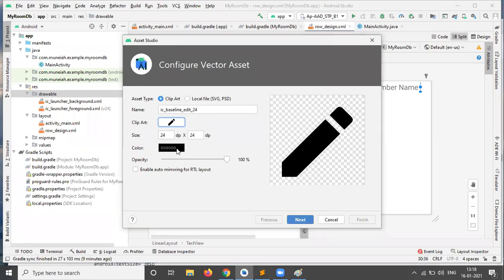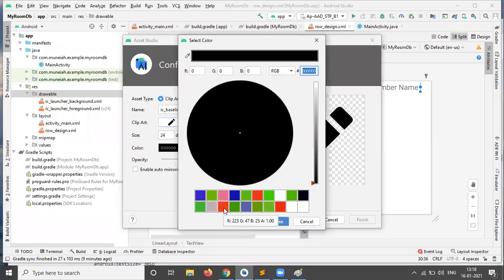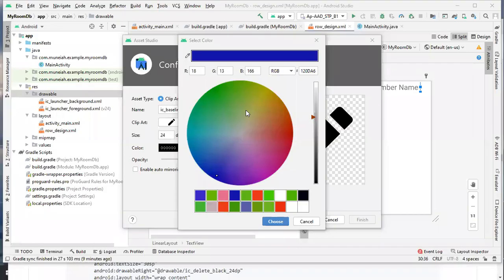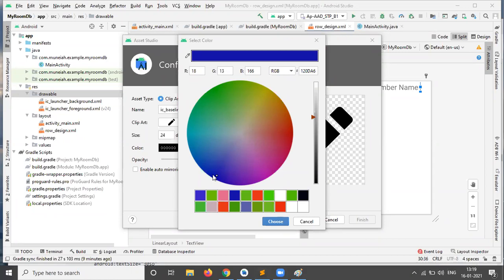If you want to change the color, you can. That's up to you. If you want to choose any color, you can choose it, the RGB colors are there.